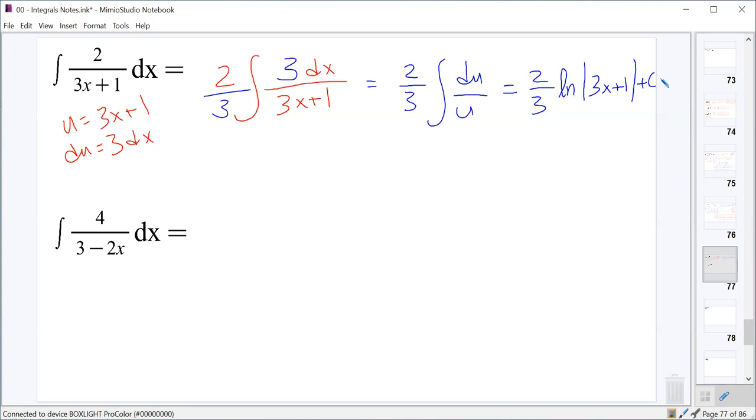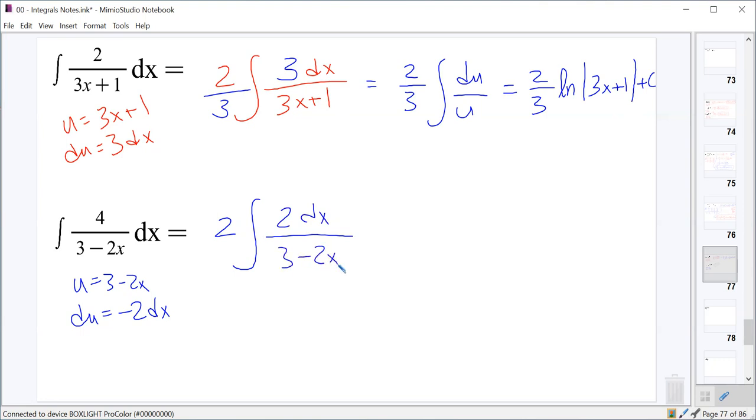And a similar process down here. We're going to let u equal 3 minus 2x, so that du is negative 2 dx. Now we don't have a negative 2, we've got a 4. So if we pull 2 of it out of there, we'll have a 2 on the outside, and we'll have an integral of 2 dx on the inside, with the 3 minus 2x in the denominator. And we'll need to throw a negative sign inside of it,